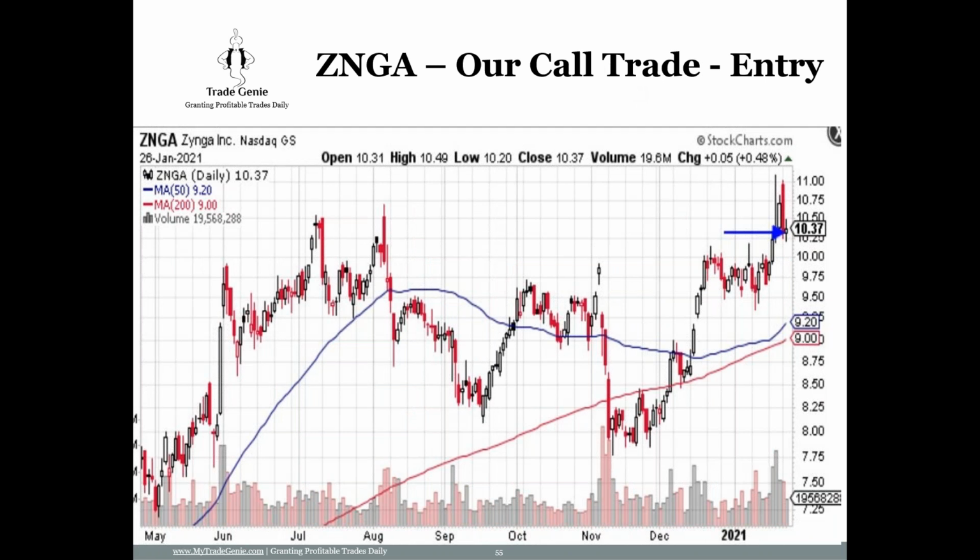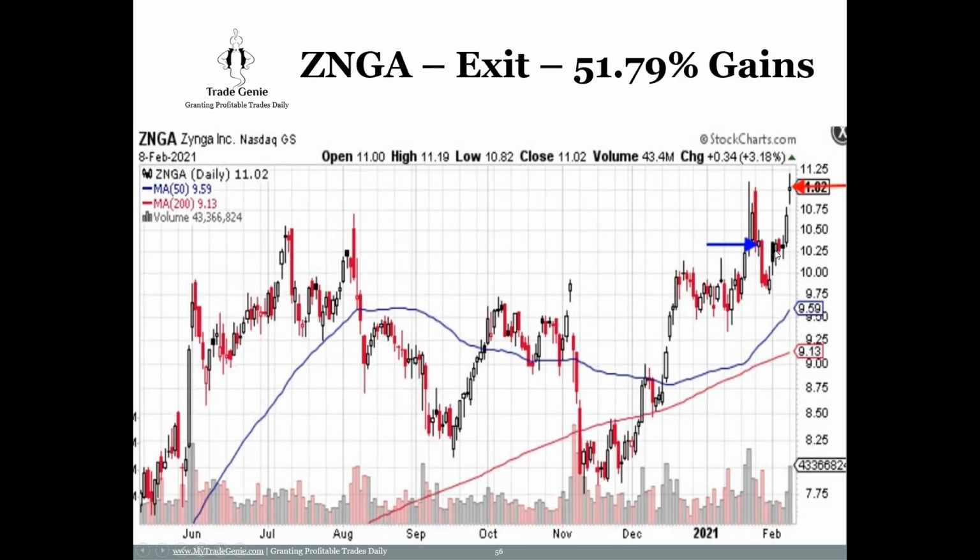Now here's Zynga. I think I saw that based on some option activity, and there was something going on in Reddit. So I went long at 1037, option volume very high. This is resistance support, so I take my chances. I say, okay, we go long here at 1037, and you see